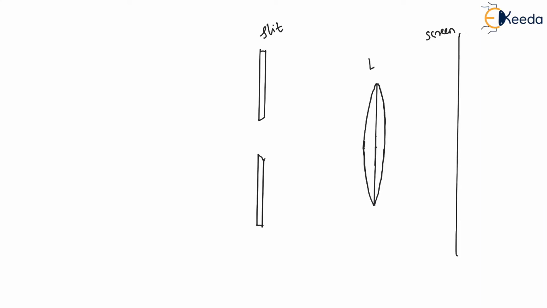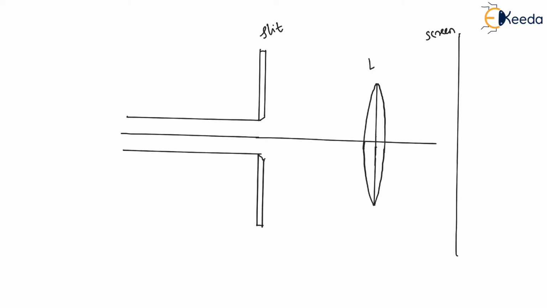And now here I will draw the incident light. Again, we will consider only three rays. So this is the first one, this is the second one, and here the third one. Now see, here we are going to consider that the diffracted light has initial phase theta. And this one is the central maxima point which we have seen in the above diagram. So this will be P naught, that is the central maxima.